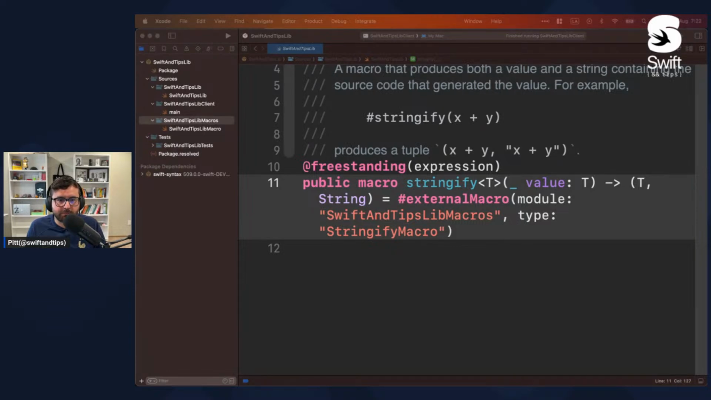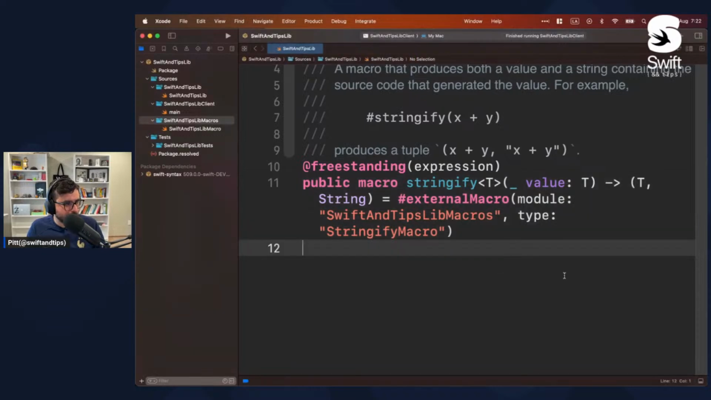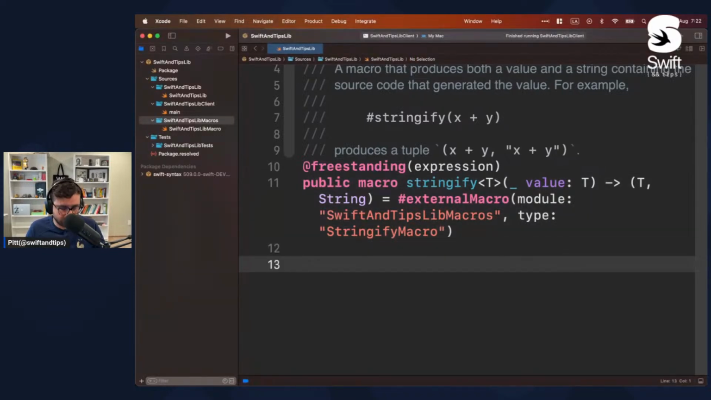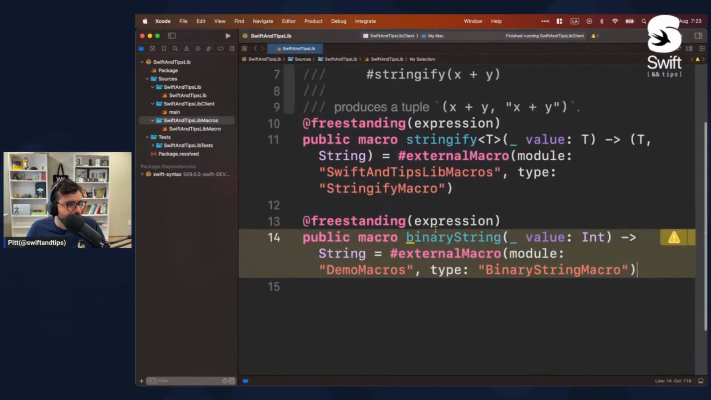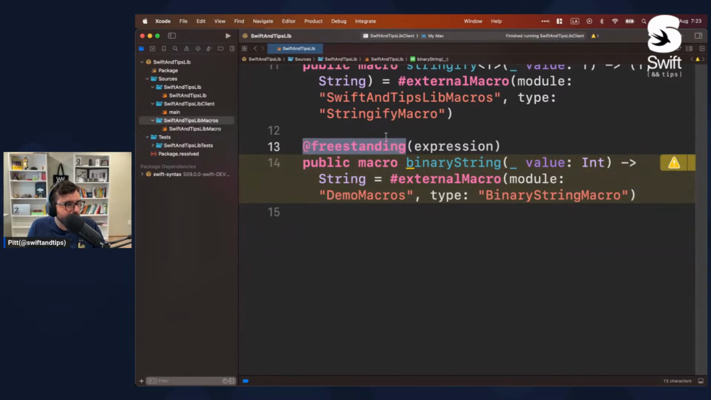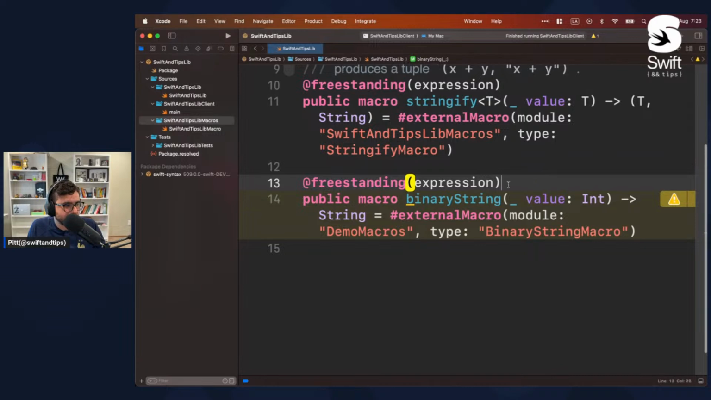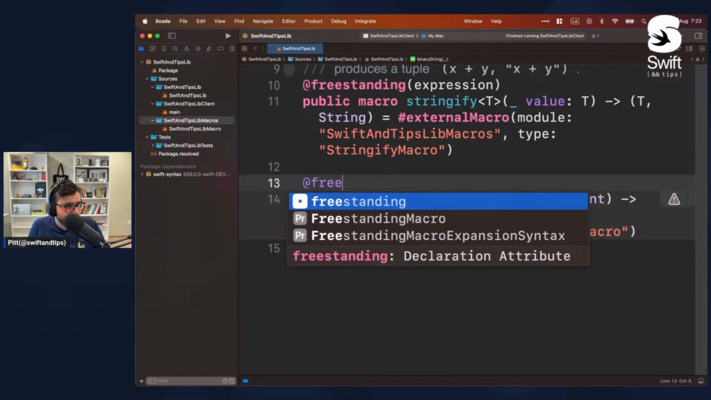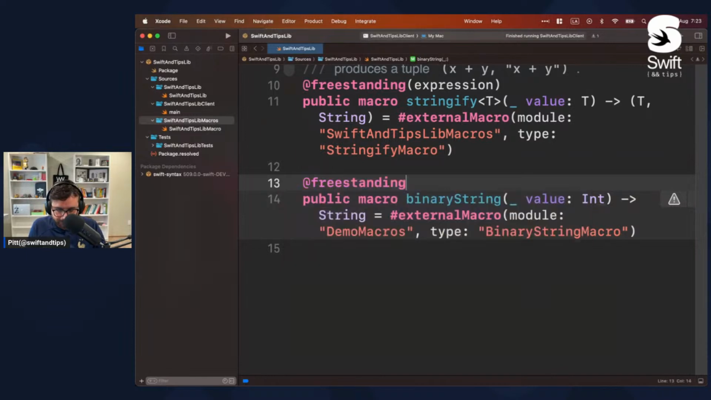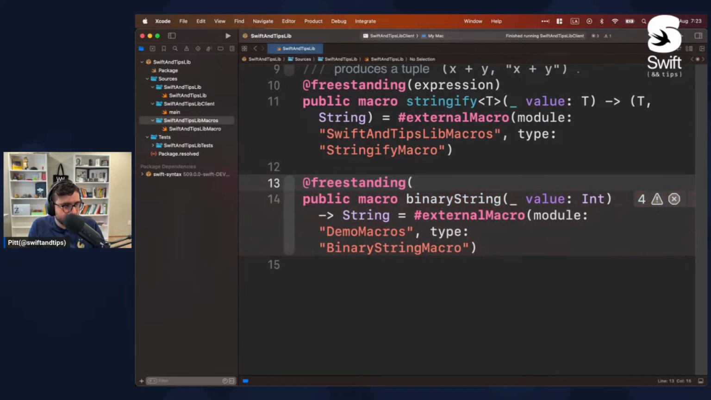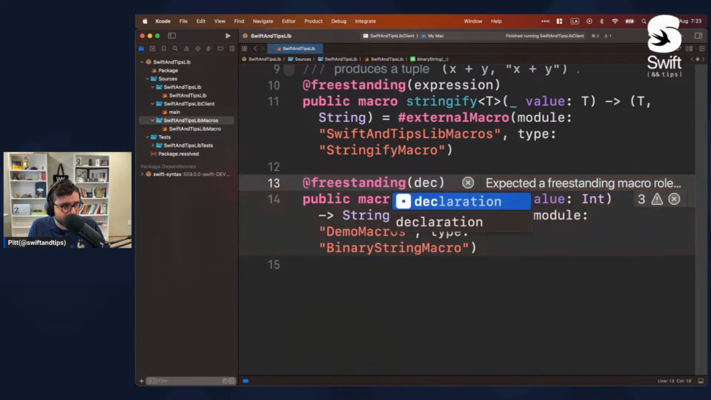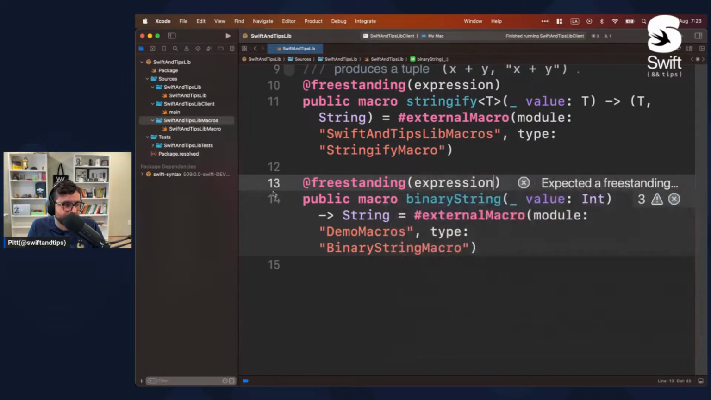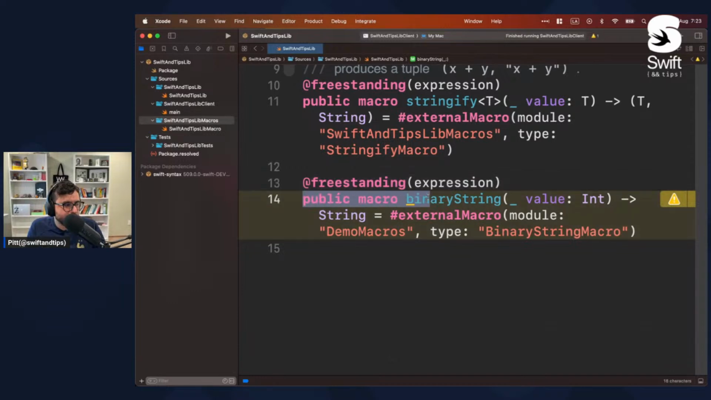Let me just grab my notes. And we are going to declare our binary string here, okay? Just with a few differences here. So for example, here I am declaring this as a freestanding macro, okay? Let me write it down. Freestanding macro, okay? You need to use this attribute. And then here, you need to decide which will be the role of your freestanding. Could be a declaration, but in this case, will be an expression, okay? And we need to declare it public macro and the name of the macro that the developer will use,